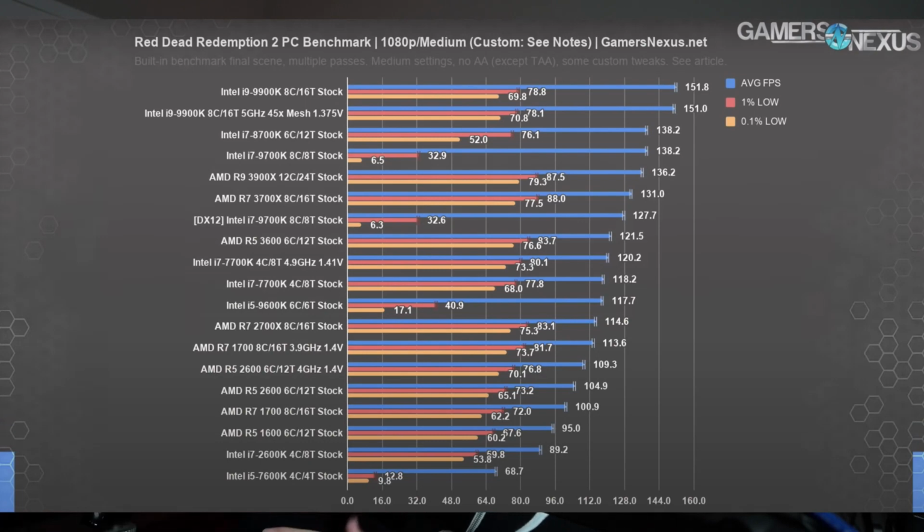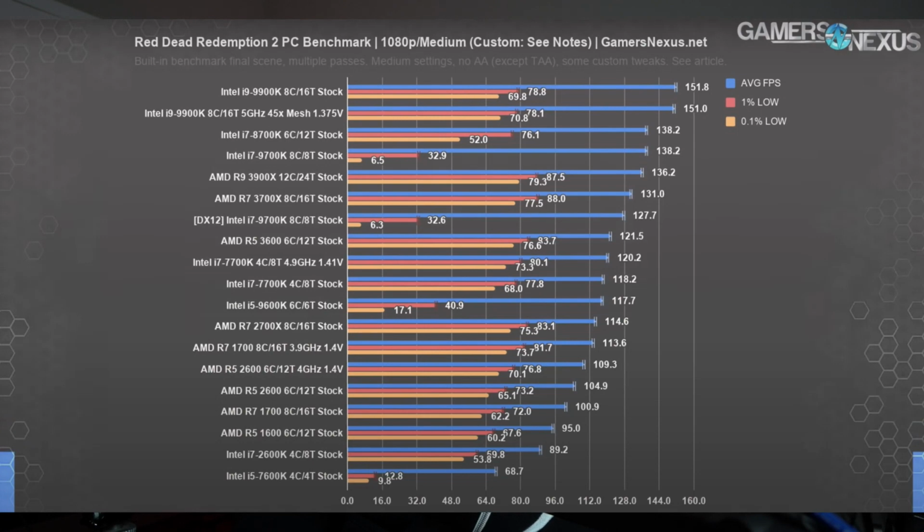Very happy with the performance. I'll go ahead and show you a chart of CPU benchmarks that are current today. This is one of my favorite YouTube channels, Gamers Nexus. This is courtesy of them. This is a chart utilizing the PC game Red Dead Redemption 2. This is a 1080p resolution. And as you can see here, the top of the chart is the i9 9900K 8-core 16-thread stock processor. But if you go all the way over to the right, you see the frame rate. The average frame rate is